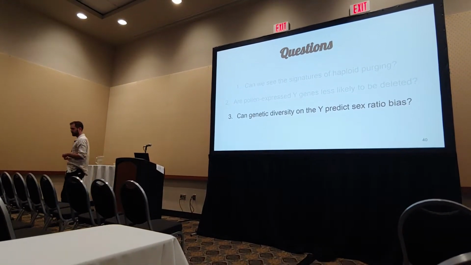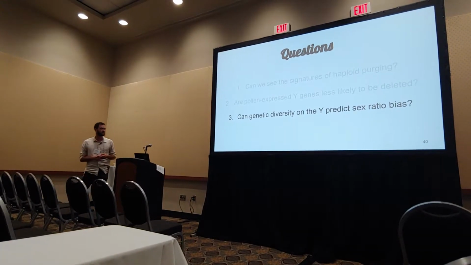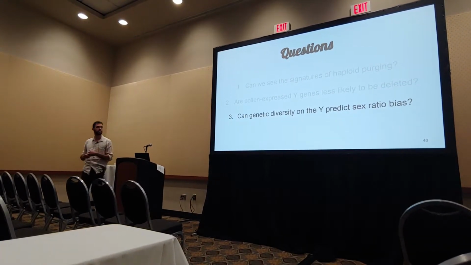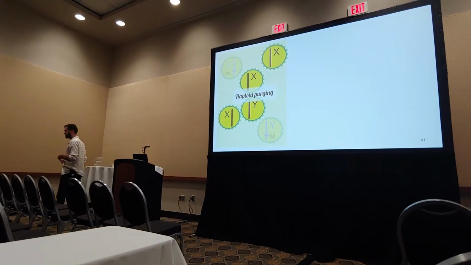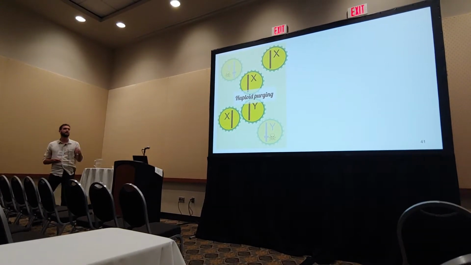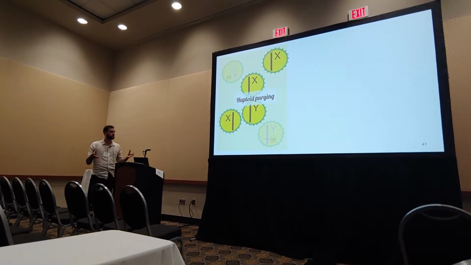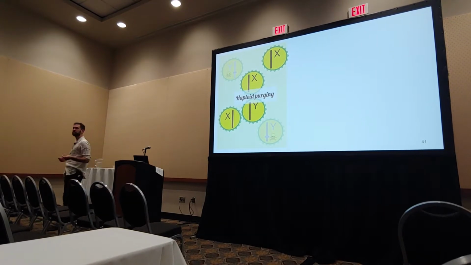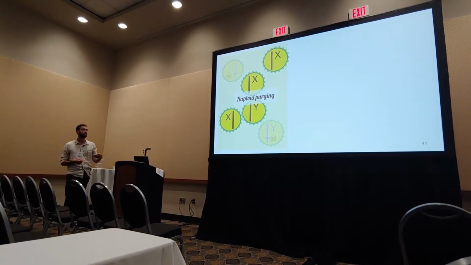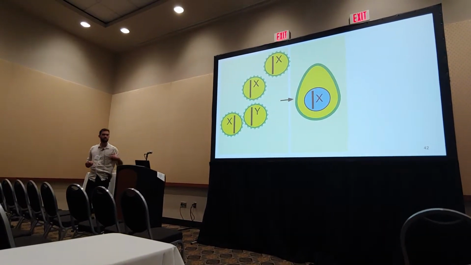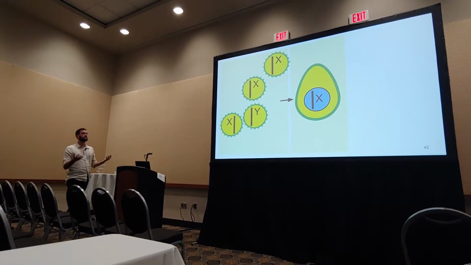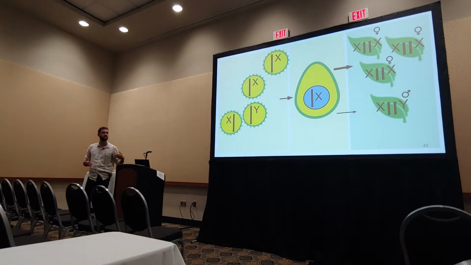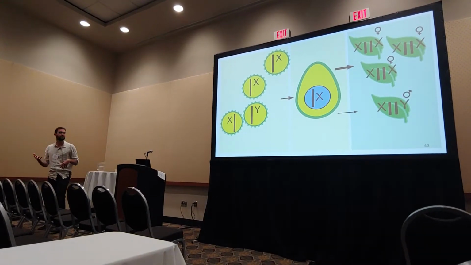And so the third part of this talk is something I think is really neat. I wanted to see if we could use genetic diversity on Y chromosomes to predict the sex ratio bias. And so what's happening here is, if we take this haploid purging to a population, we're removing these Y chromosomes disproportionately compared to X chromosomes, which should mean if these pollen grains are competing to get to ovules, we might actually see that the next generation is female biased because we have less Y chromosomes